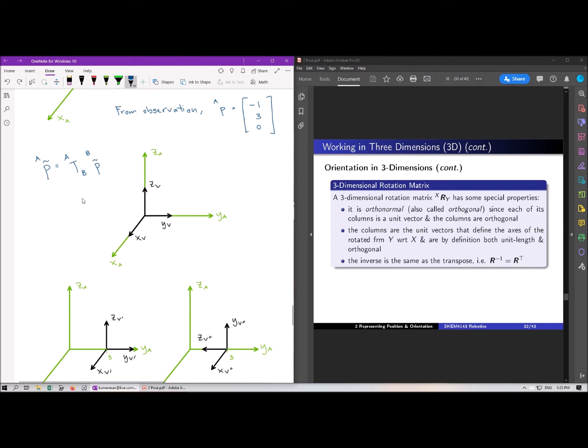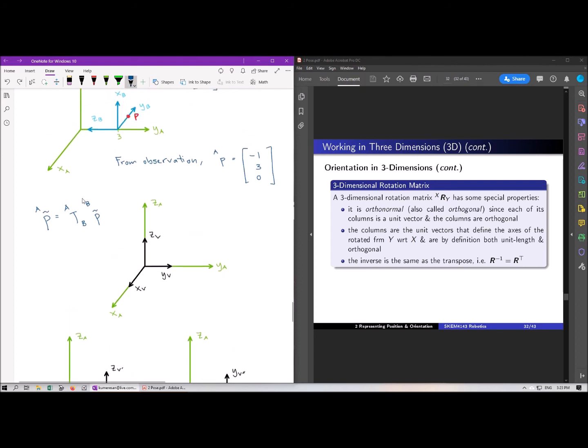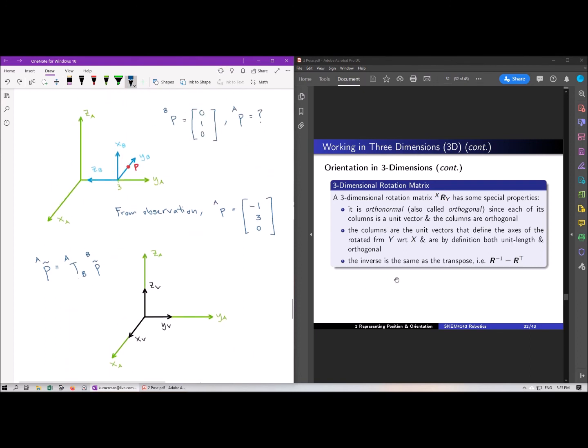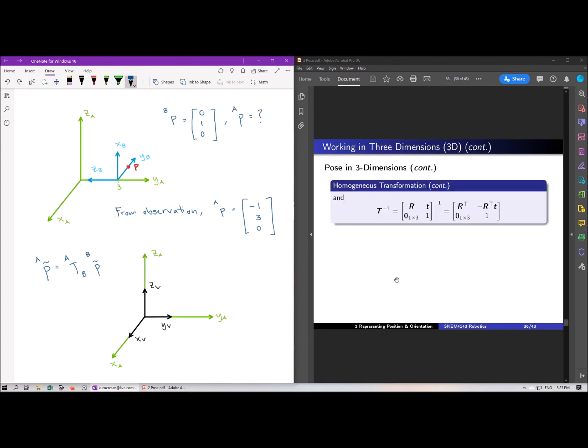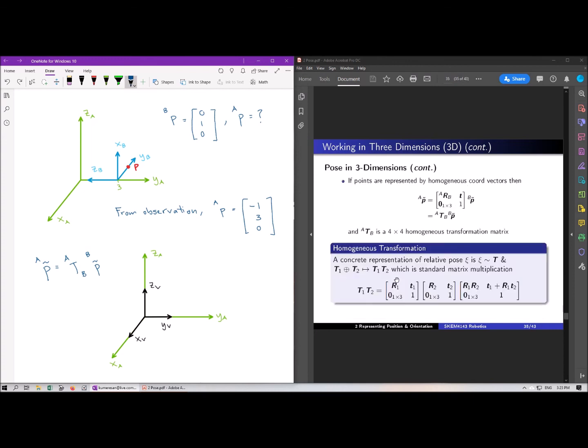So we have to compute this. And you know that this can be derived by looking at these two coordinate frames,